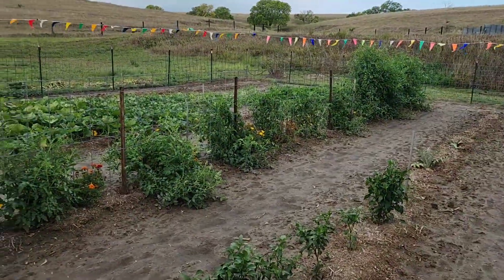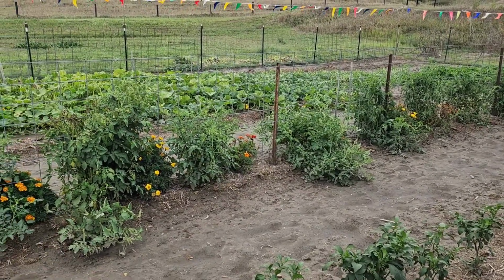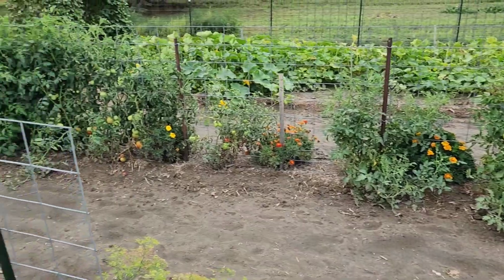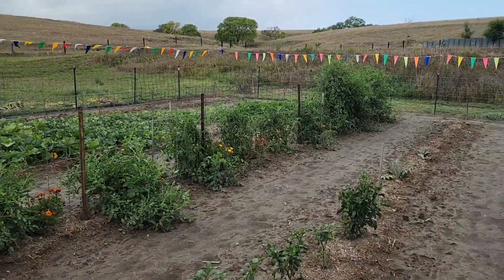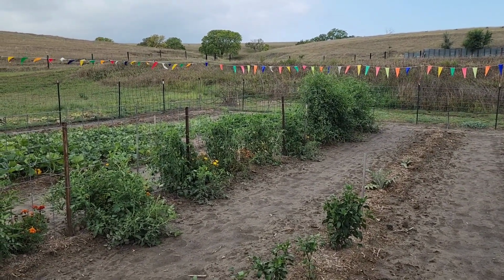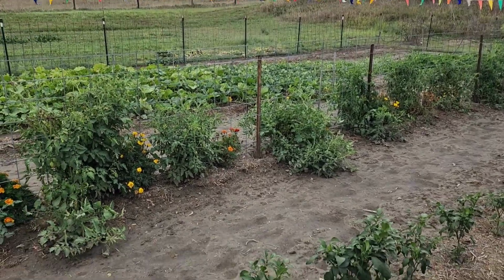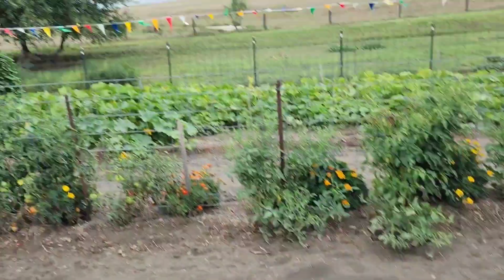I need to come out tomorrow and do some tying on these tomatoes, the stuff that will tie up to the cattle panel. Whatever that won't, we will side prune and get rid of. But haven't been out here for a while because of my procedure last Wednesday. I had to take it easy and wasn't supposed to be lifting or doing anything with my right arm. But come tomorrow, I think I'll be off of my light duty and we can get back out here and get some stuff done. So I'm going to carry this with my left arm,